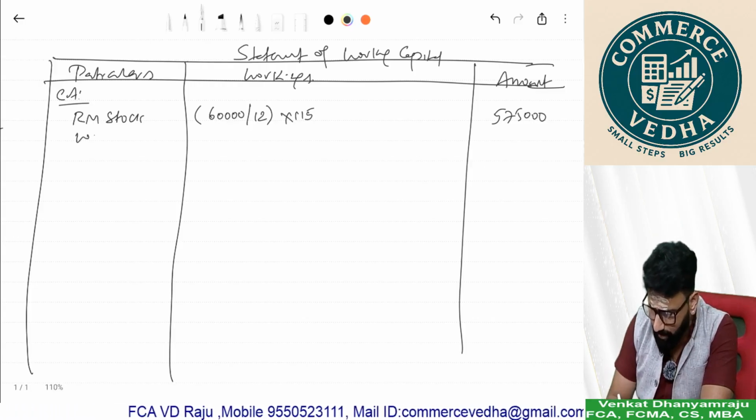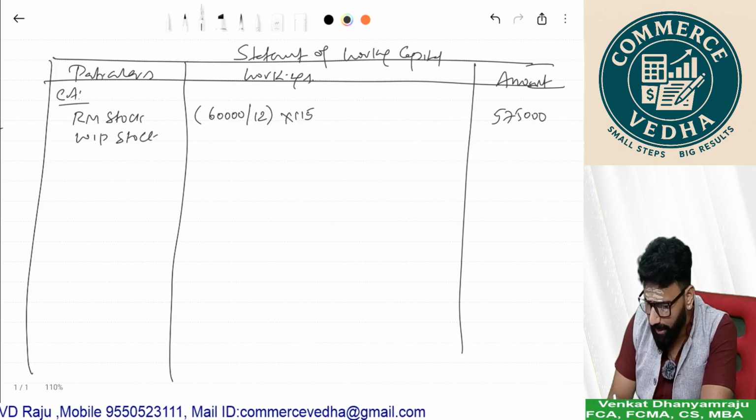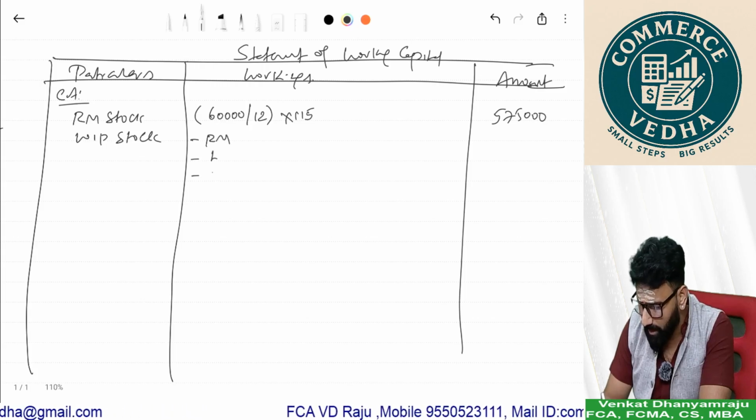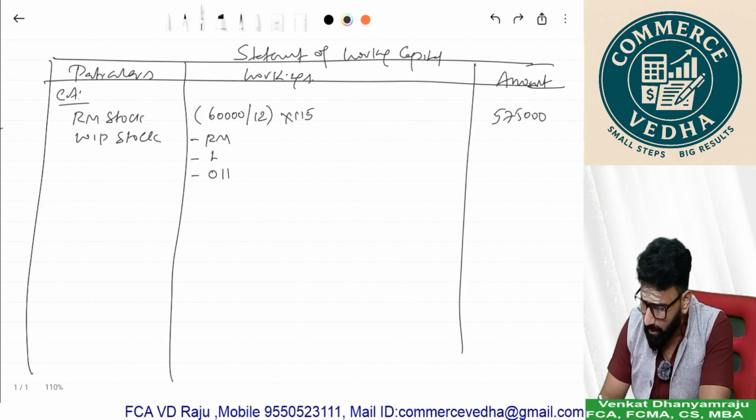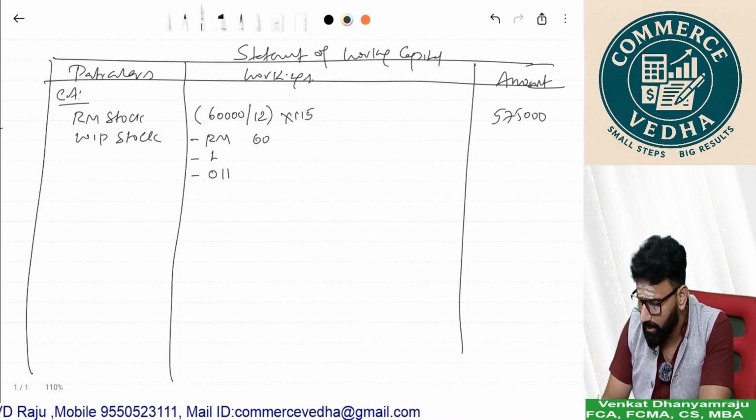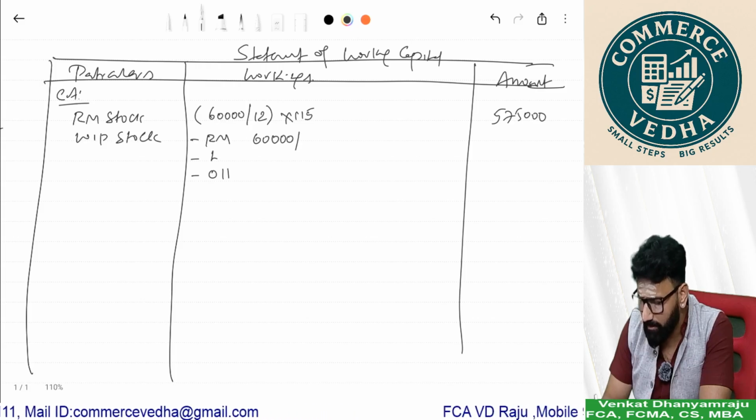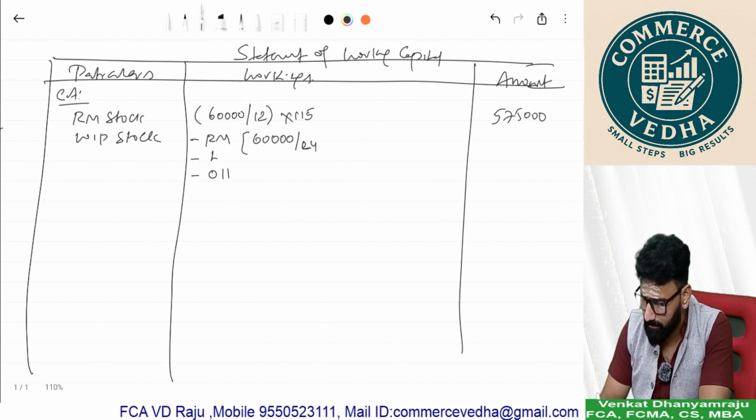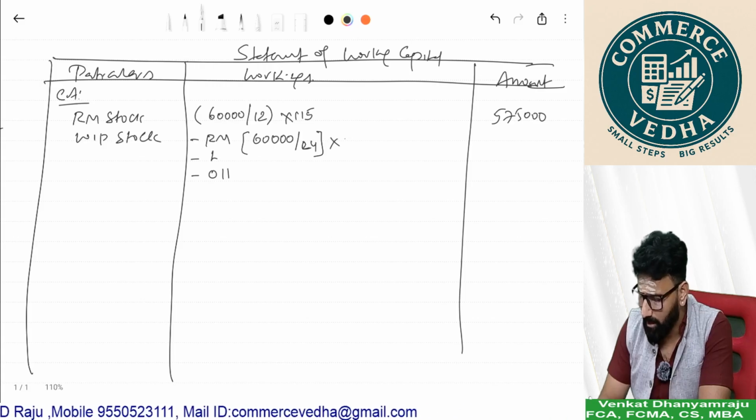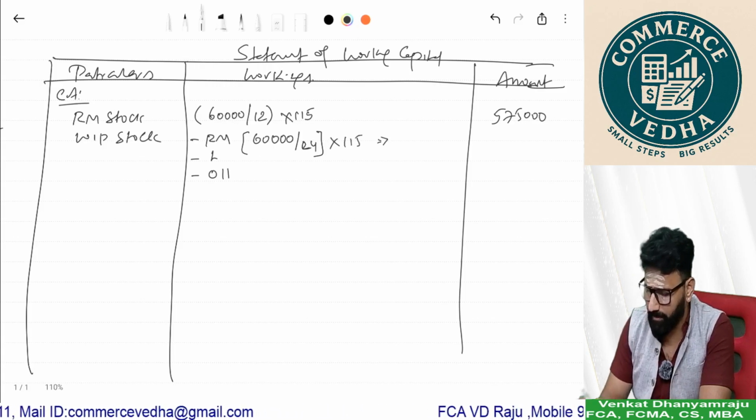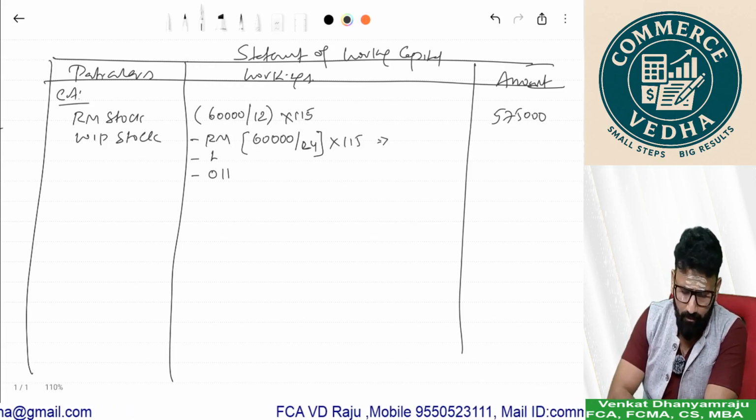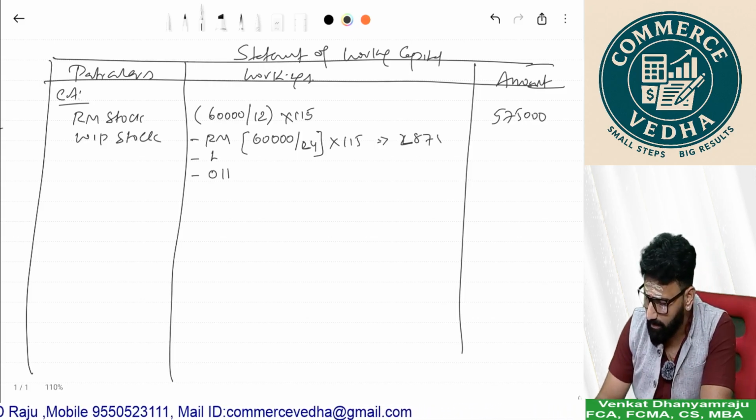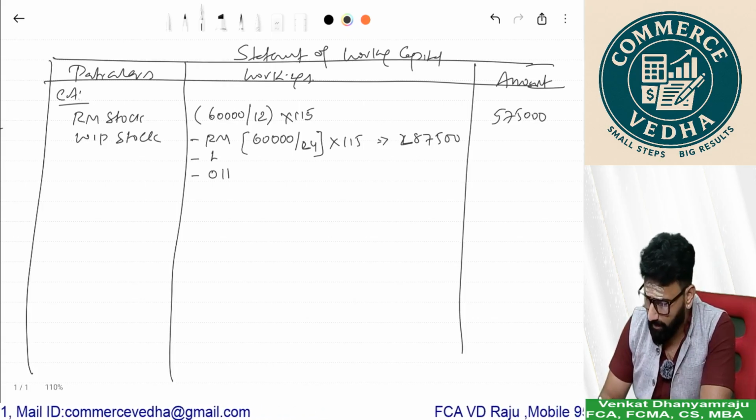When it comes to work in progress stock, as told you, it has 3 stages: raw material, labor and overheads. Raw material, it says half a month, so 60,000 by half a month, right? So multiply 12 into 2, 24 into 115 is 100%. So 60,000 by 24 into 115, 2,87,500, and labor